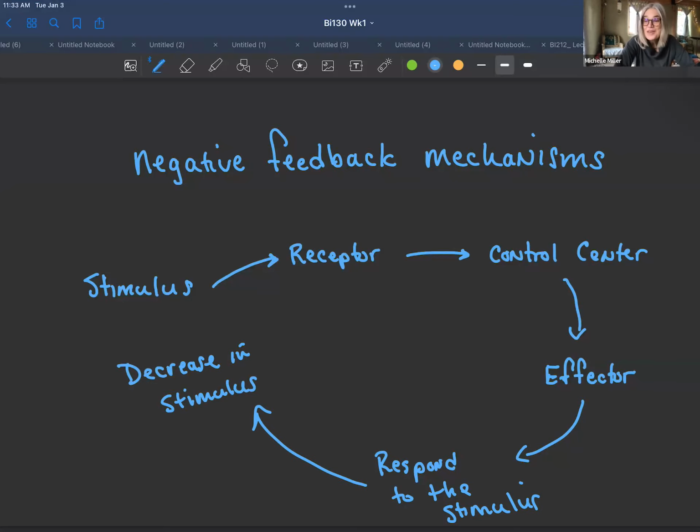Okay, so if we look at an example like temperature regulation, you might have a drop in your body temperature. So I have recently taken up cold water dipping. So I get into the water, even when it's snowing outside, and I stay there for about 5 minutes, and my body responds to keep myself warm. So one way that your body responds to cold is to cause shivering. So if the stimulus is a decrease in body temperature,